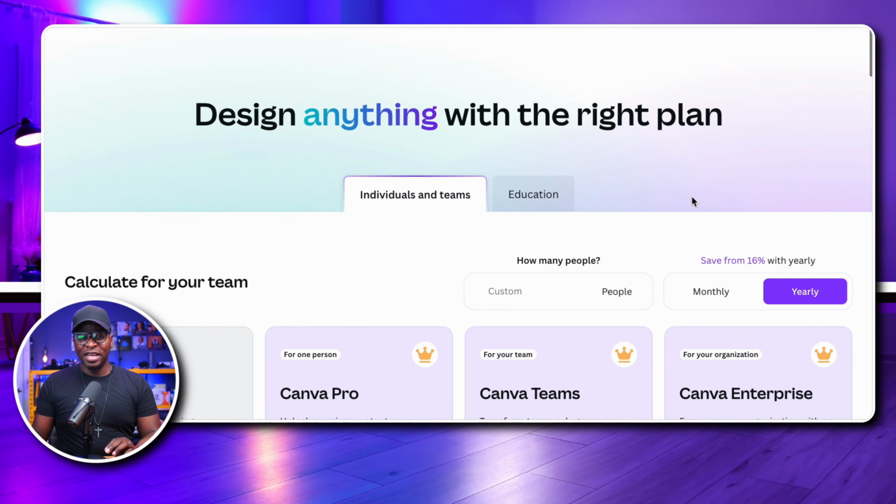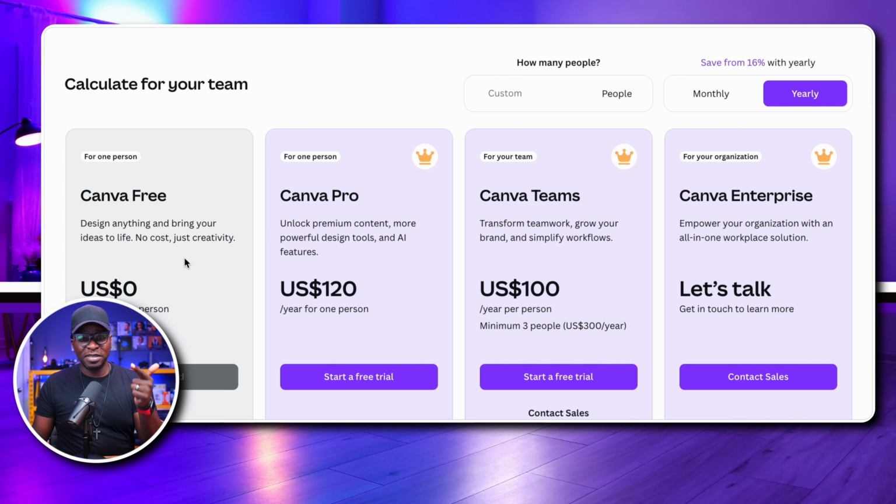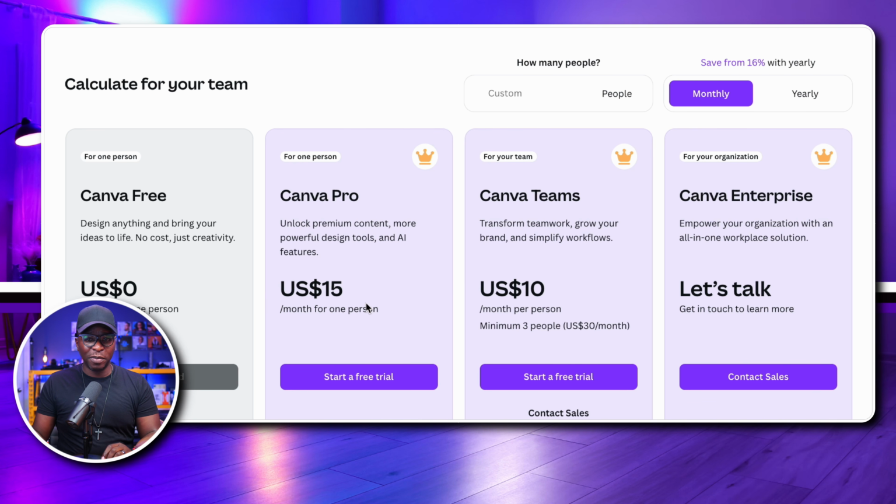Canva is a powerful web-based graphic designer tool. They have Pro, Teams, and Enterprise plans available starting at $15 per month, and they go up from there. In addition to these tiers, they also have a free plan, which still includes text, graphics, images, videos, animated elements,